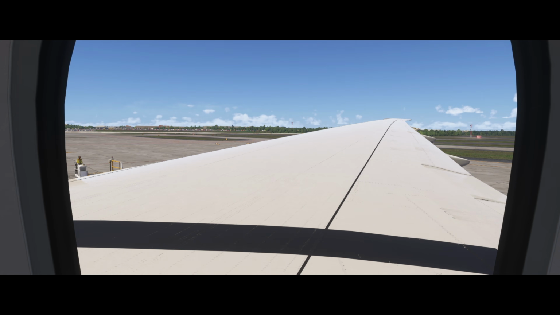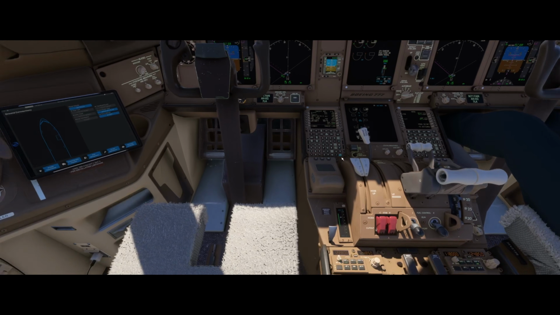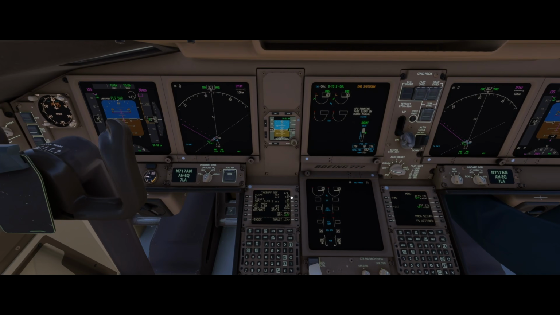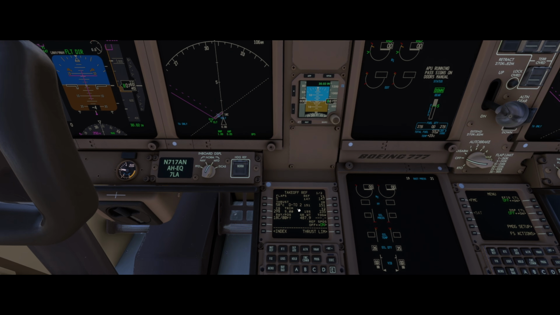And you can hear the flaps there. You can see them. Okay, and now you see it says trim